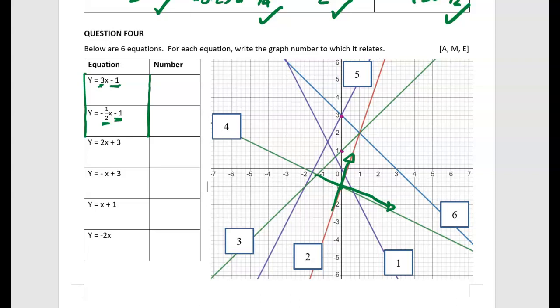So the graph number 4 is going down, which means that will be negative. So that has to be graph number 4. And graph number 2 is going upwards, so that means that has to be the positive one. So there's number 2. We then do the same for equation number 3, also the next ones, 3 and 4,